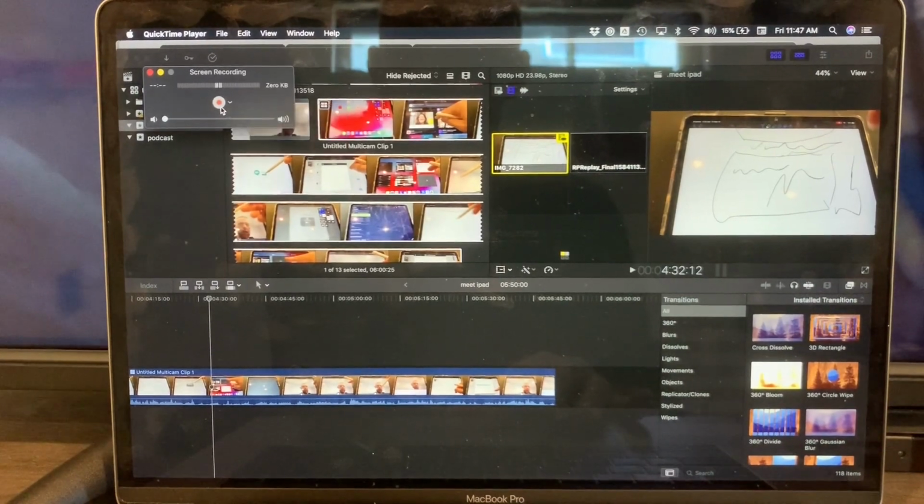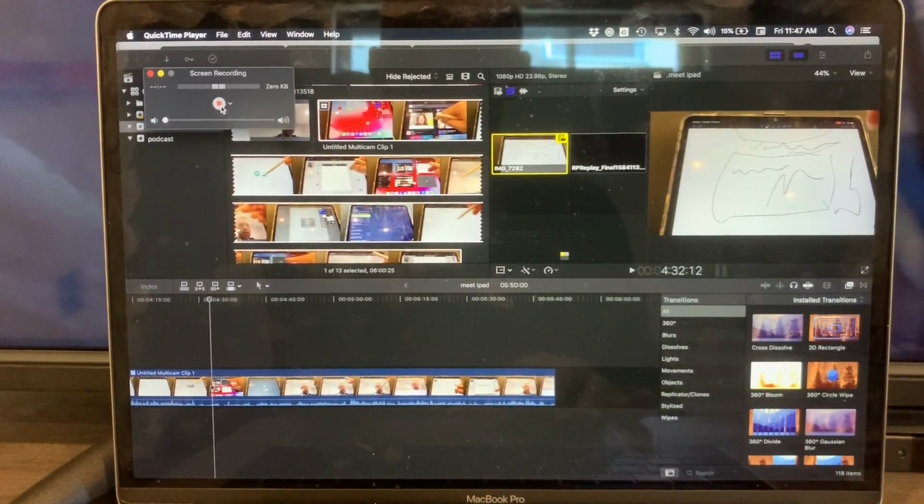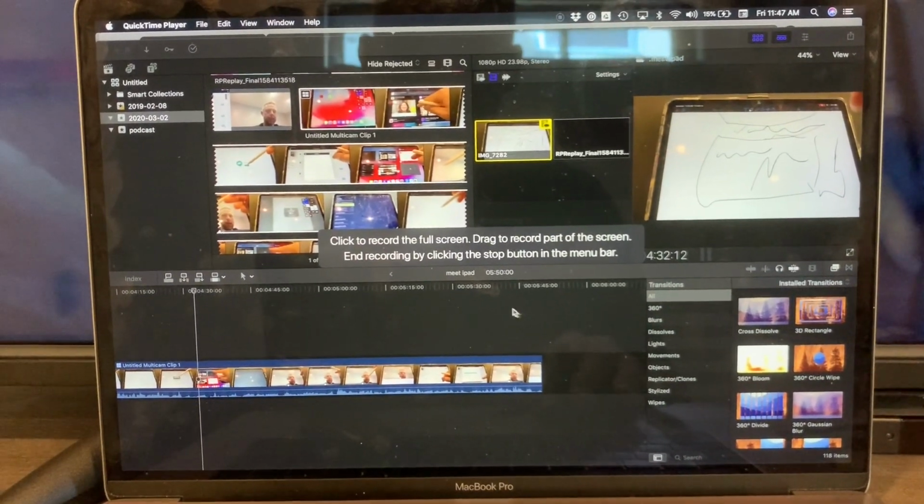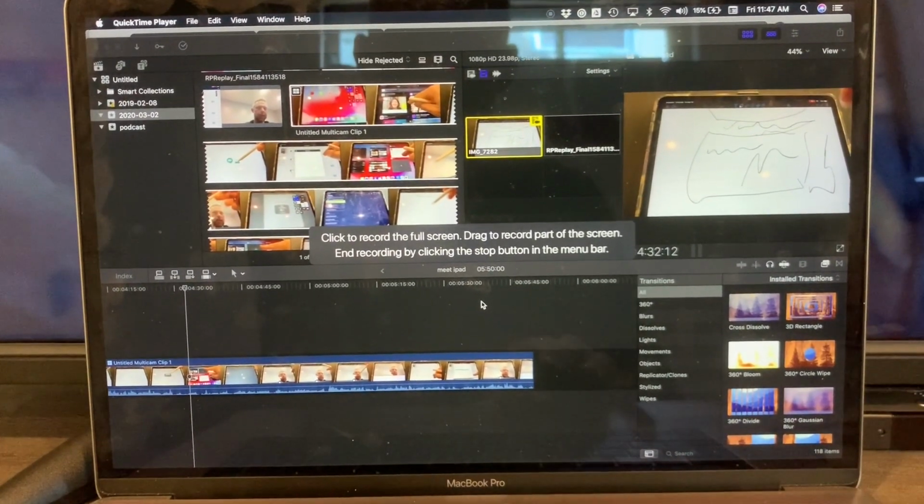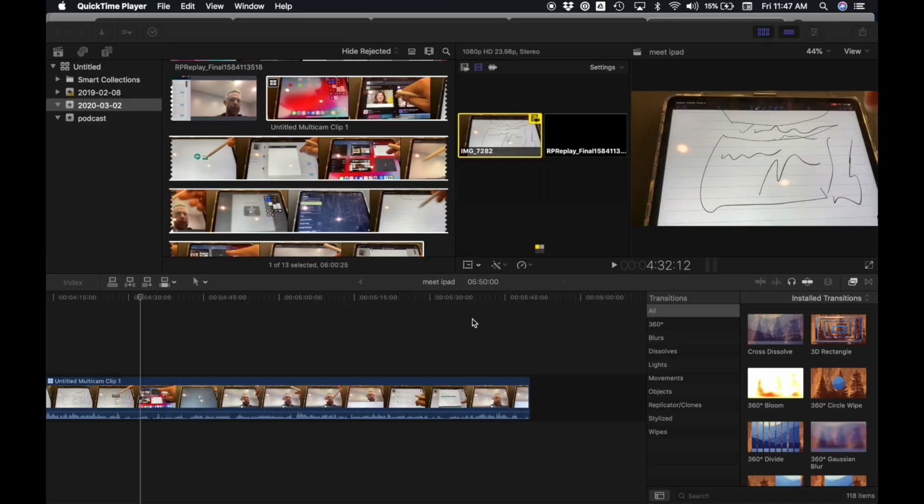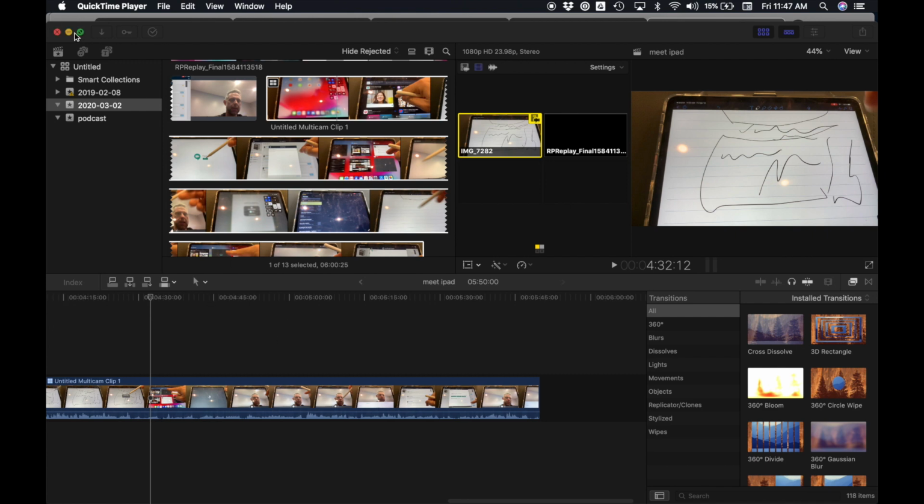So then I can go ahead and hit record, and you have an option to drag out a box of what you want to record, or just to click and record the whole screen. I'll just click right now and record my whole screen. So now it's recording the whole screen, and then I might give a demonstration about what I want them to